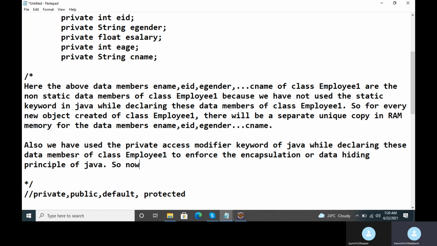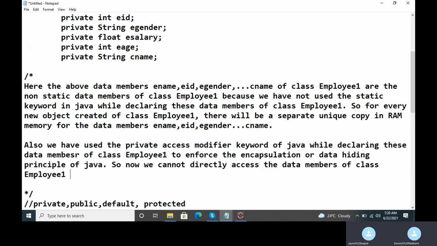So now we cannot directly access the data members of the class employee1 from another class, which is in the same program or different program.